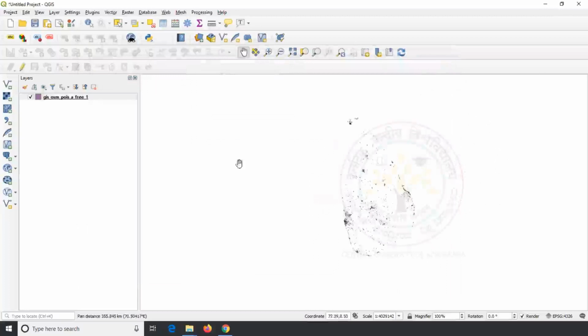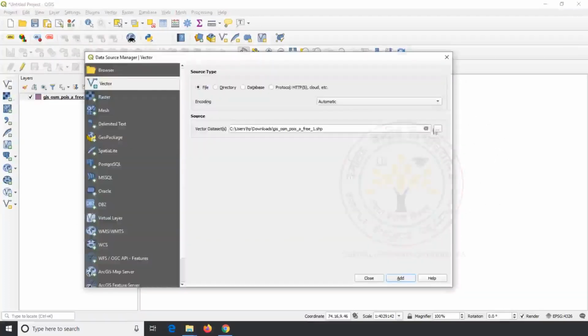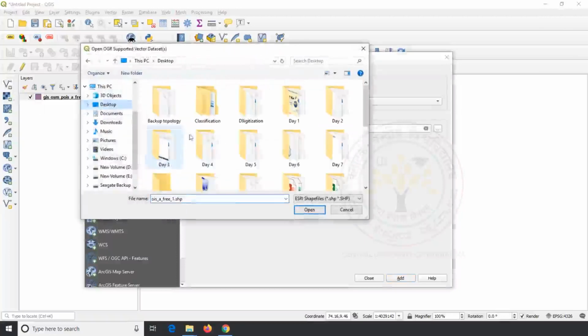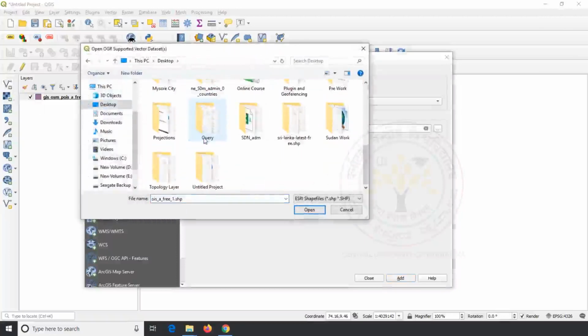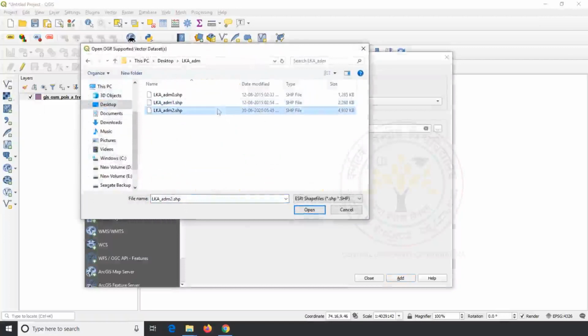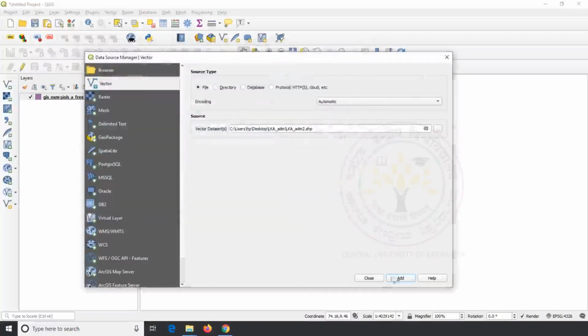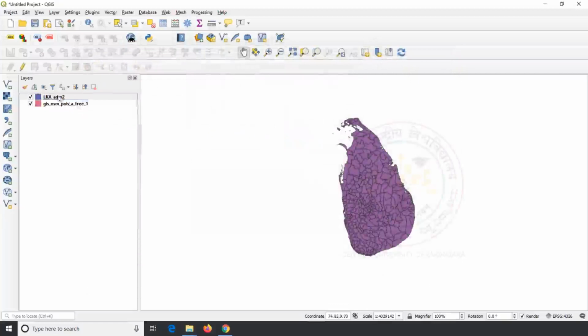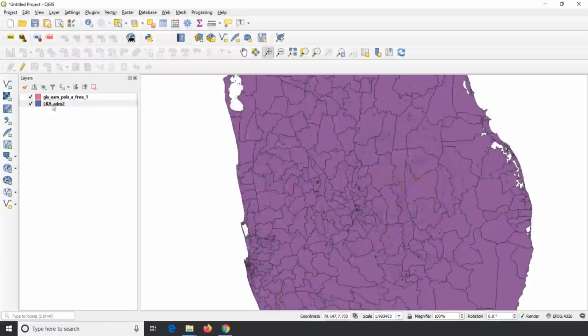After I open this data, now I open the admin boundary of Sri Lanka, which was downloaded from the DIVA-GIS website. Downloading data from DIVA-GIS was discussed on the second day of our class. If you have deleted the Sri Lanka boundary, watch the second day video and download it again. I open LKA_admin2 in our canvas.